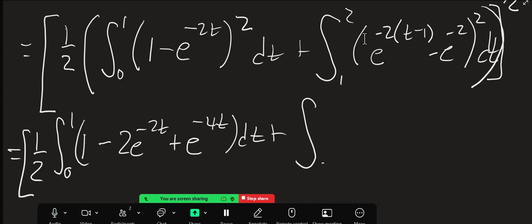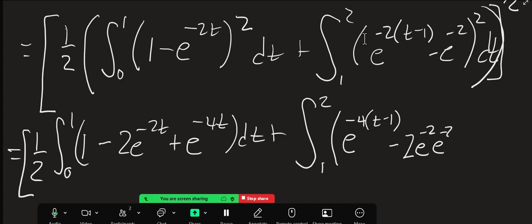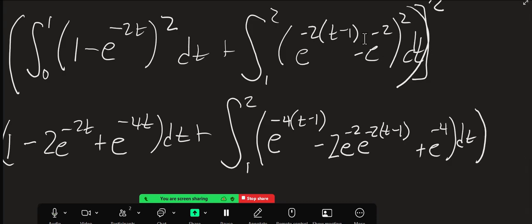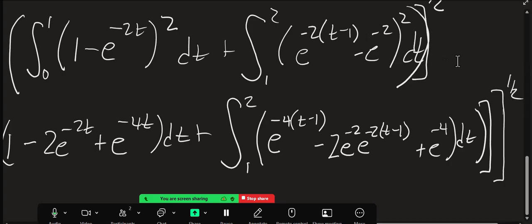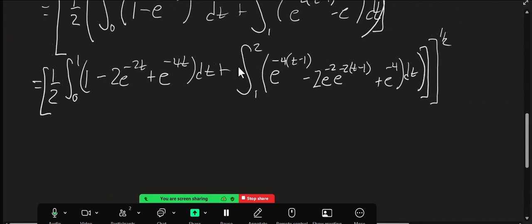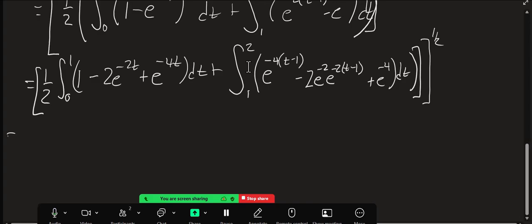plus the integral from 1 to 2 of e to the negative 4t minus 1 minus 2e to the negative 2, e to the negative 2t minus 1 plus e to the negative 4 dt, all that times 1/2, and then take the square root of that. I'm going to go just a little bit more before I say I've had enough of this, and I'll have 1/2